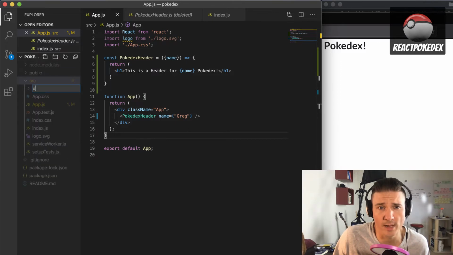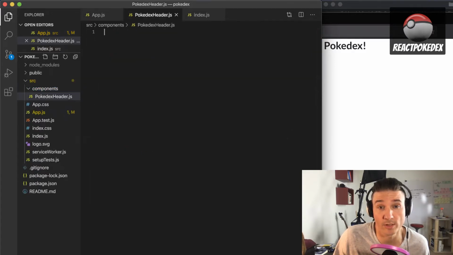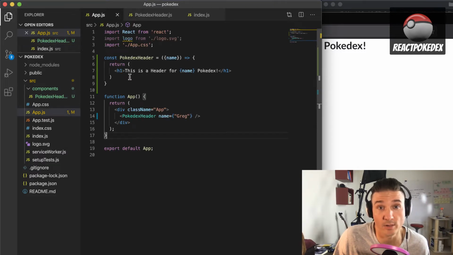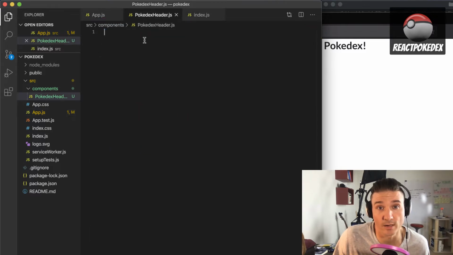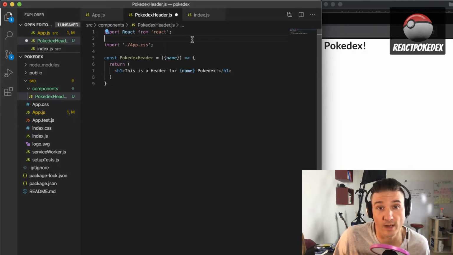So I'm going to go ahead and make a components folder here, and then I'm going to create a new file called PokedexHeader.js. And now I'm going to copy everything from PokedexHeader up from the app file, and I'm going to go ahead and paste it in PokedexHeader. And then I'll erase the imports that I'm not using. I'm not going to be using logo in this file, and I'm not going to need app.css